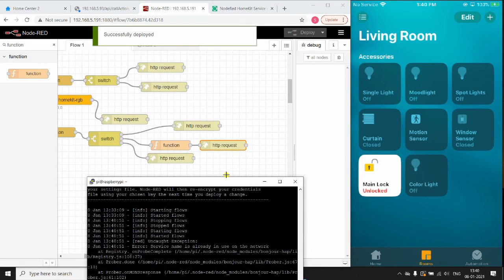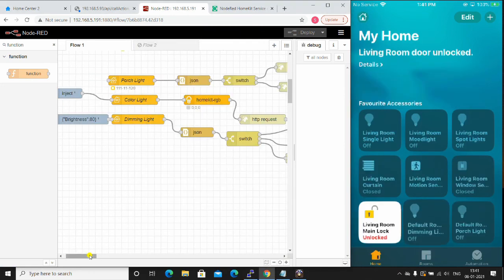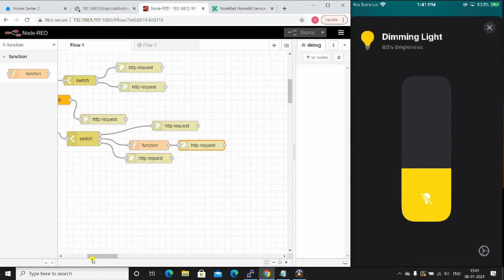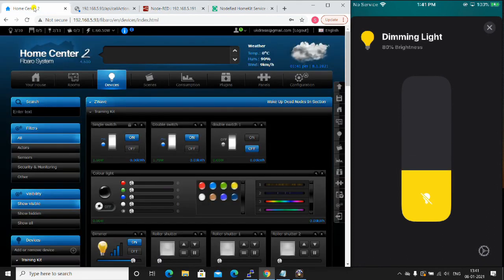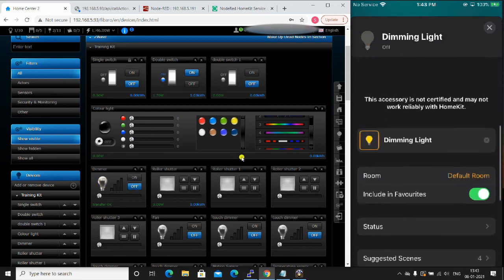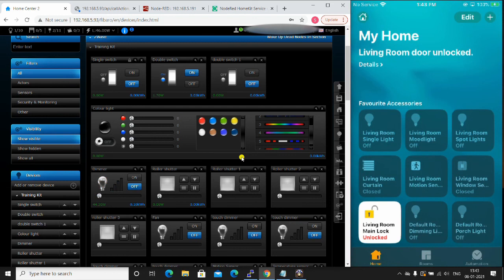Let's deploy. We'll check it with Home Center also, whether it is working. Onto the page. Perfect. Our dimming light also is working. Great.